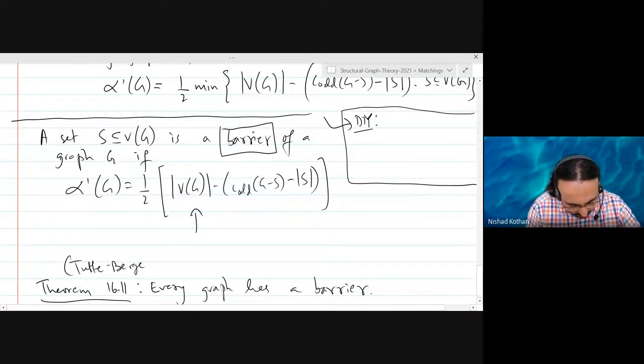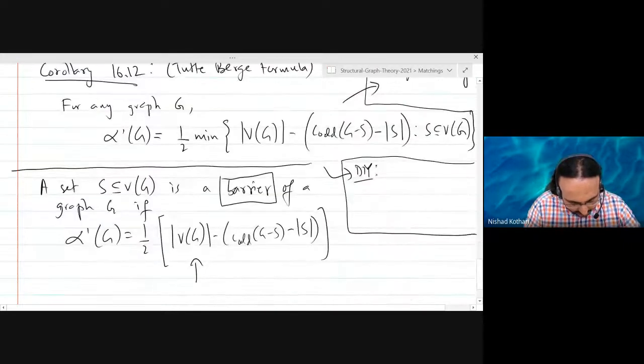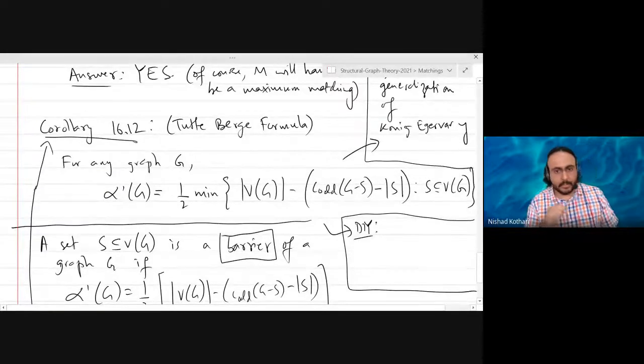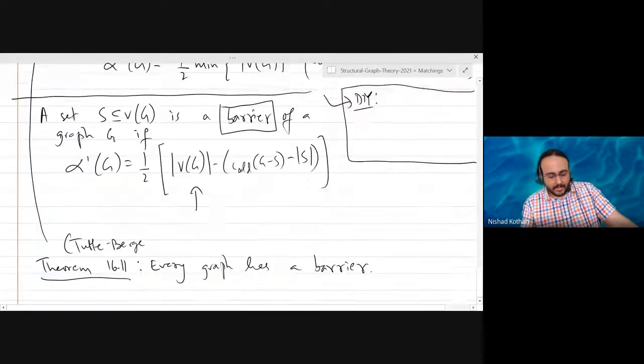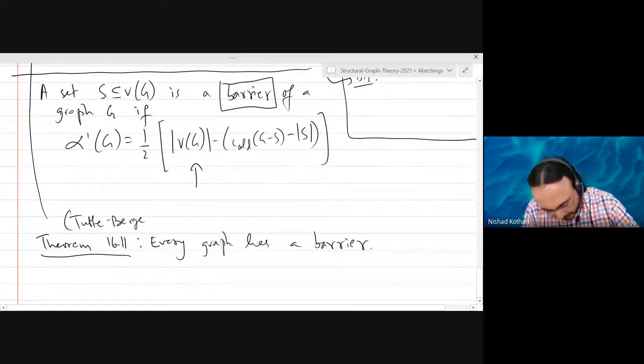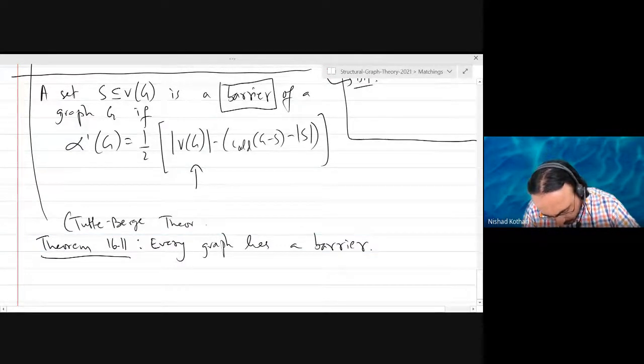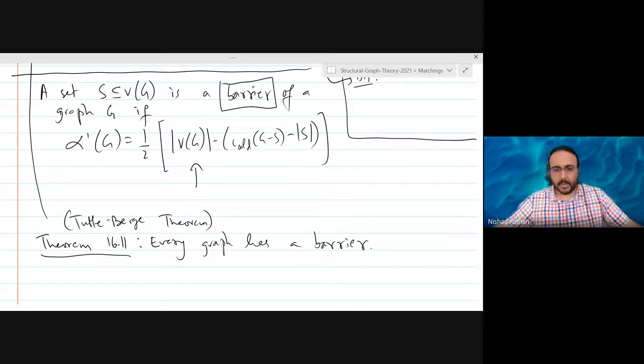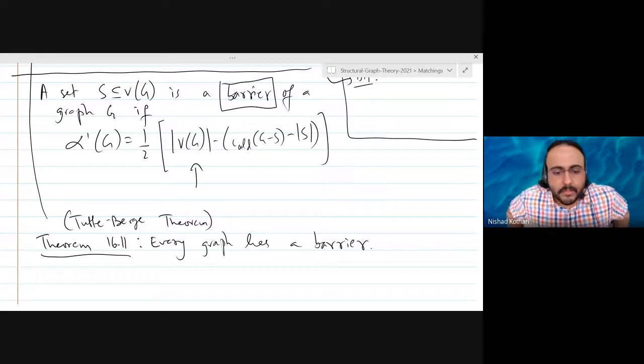The reason we are writing them separately is because generally this is called the Tutte-Berge formula, and this is actually much more famous than the theorem as it is written here. In fact, back then the term barrier was not even in use, so they did not state it in these exact words, but it is equivalent to whatever they proved back then. So over the years you find much easier ways of explaining things.